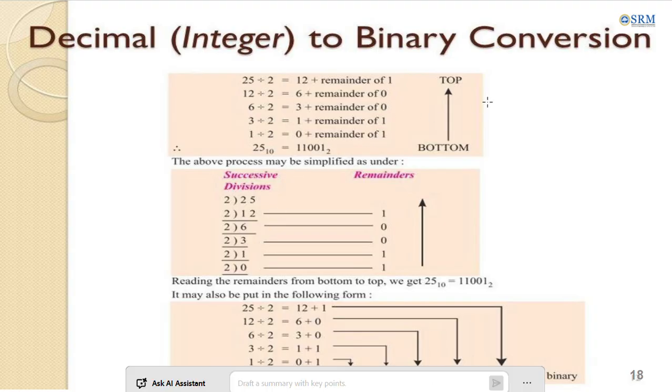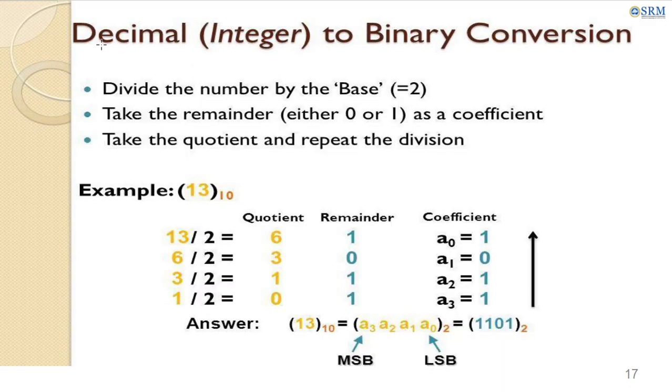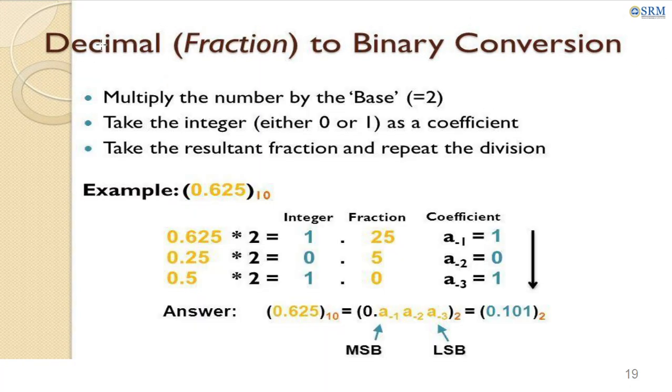This is the detailed discussion of the decimal to binary conversion. We're just moving toward the next conversion. In the previous case, the number was a decimal in the form of an integer, and now it is a decimal in the form of a fraction. There is a bit of difference. Over here the base is the same, but the number is